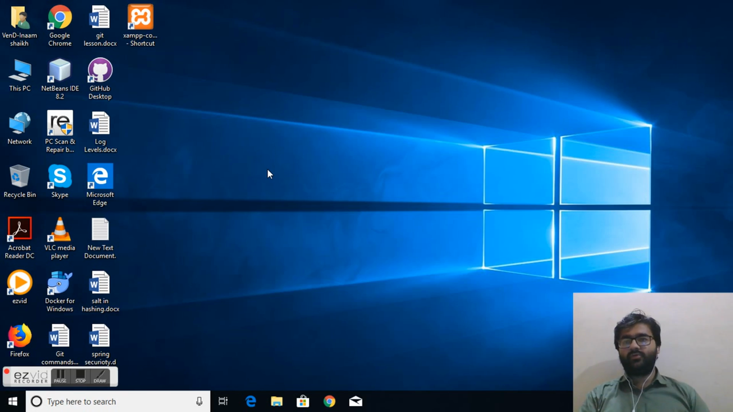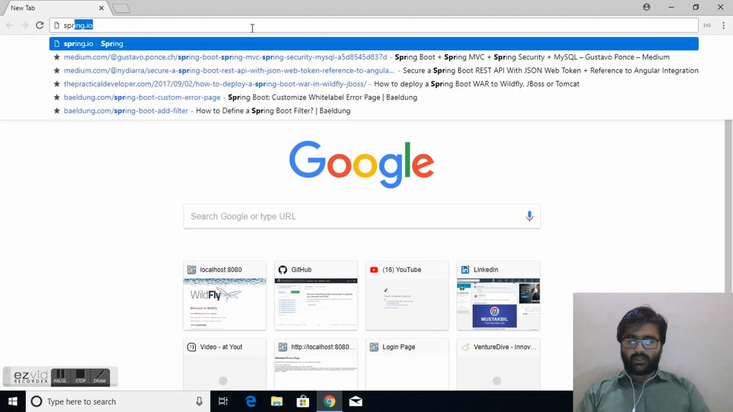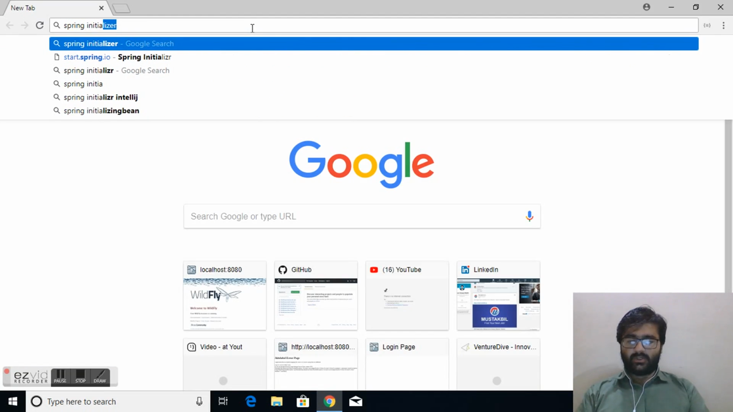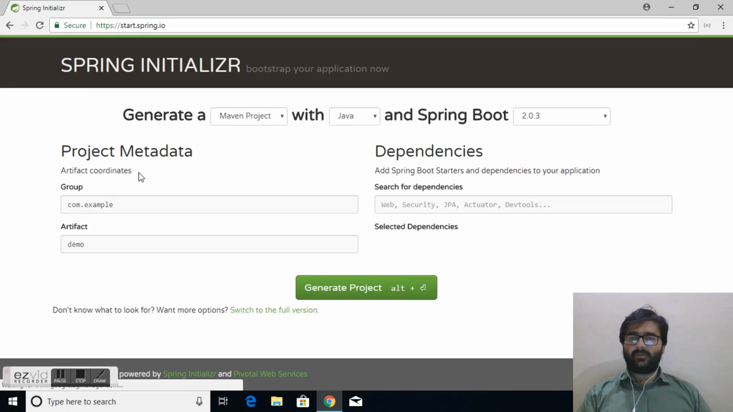Today we are starting with Spring Boot 2, and we will learn how to configure Spring Boot from the website as well as from an IntelliJ IDE project, and how we can work with it. So let's get started. First of all, I'm opening the browser and typing Spring Initializer. Okay, that's the first site,